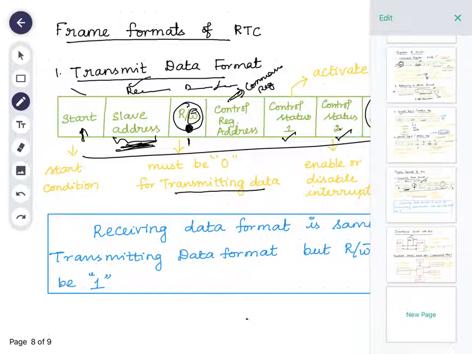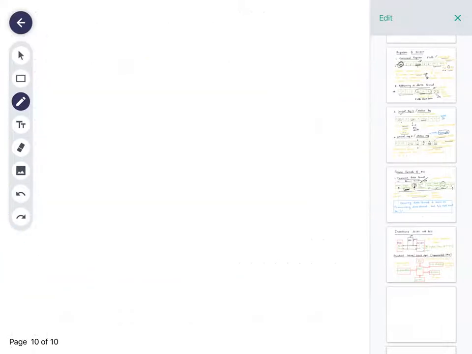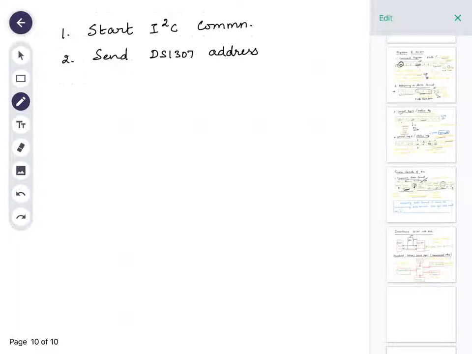Now we are going to see what are all the steps involved in reading date and time from the RTC device. For that, step 1, we must start I2C communication. Then we have to send the DS1307 address and select write operation.